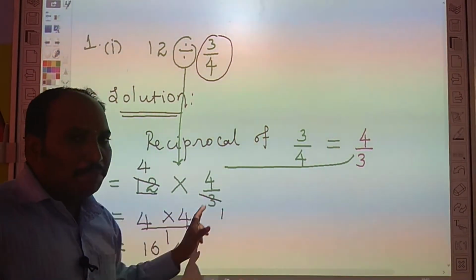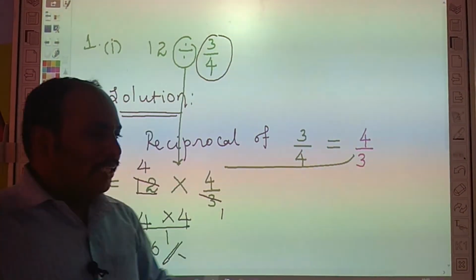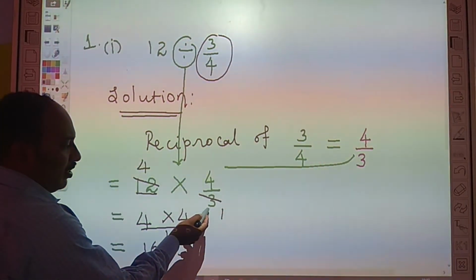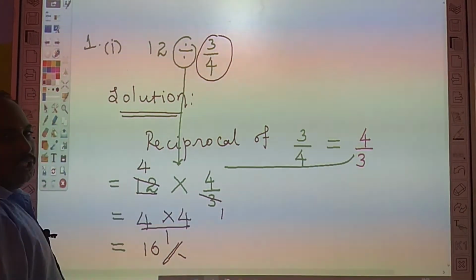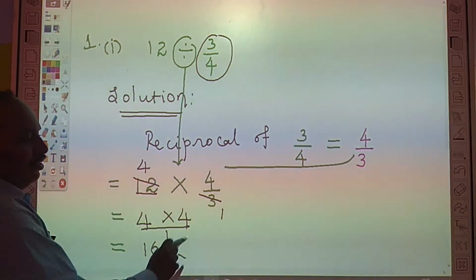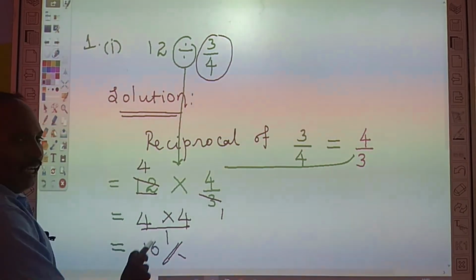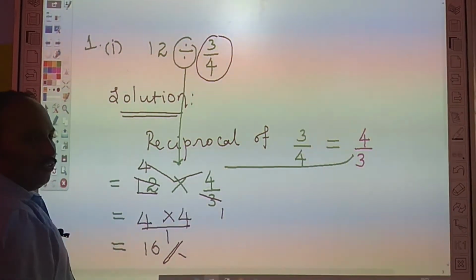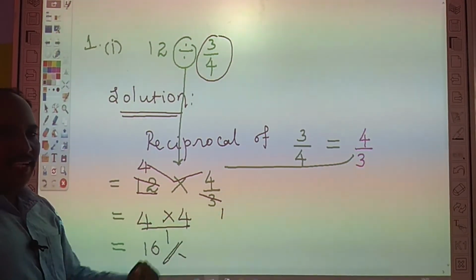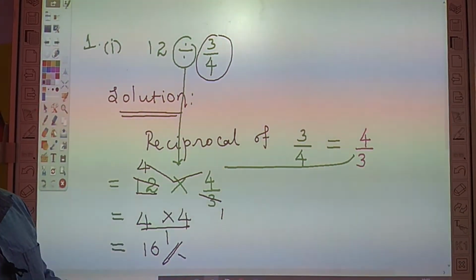The next one, we multiply the reciprocal number. Reciprocal of 3 by 4 is equal to 4 by 3. So 12 into 4 by 3. Listen here. The denominator 3, here denominator 12. So 1 3 is 3, 4 3 is 12. Same table. Remaining 4 and 4 having, 4 into 4 is equal to 16. 16 divided by denominator 1, only having. 16 divided by 1 is equal to 16. So our answer is 16.